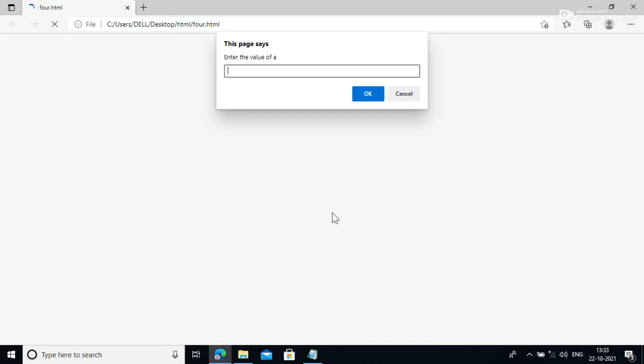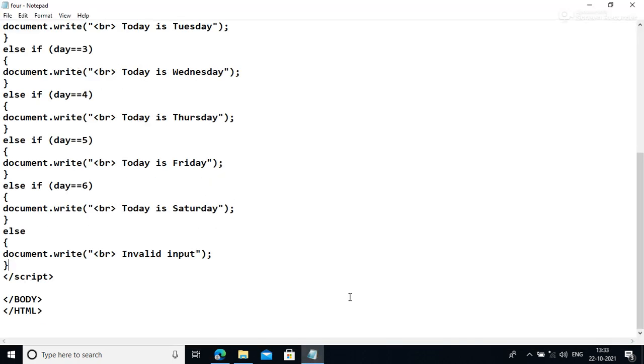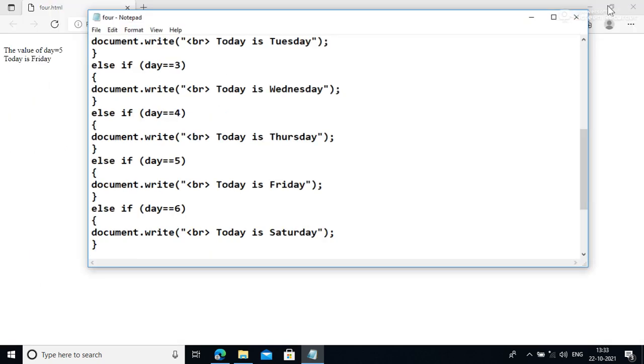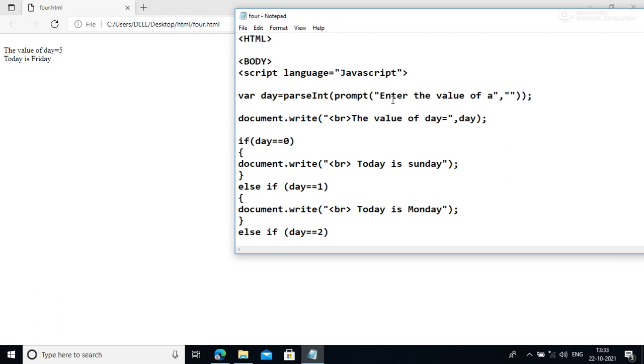Enter the value of A, like 5, and it will display "Today is Friday". Write the statement here: enter days between 0 to 6.